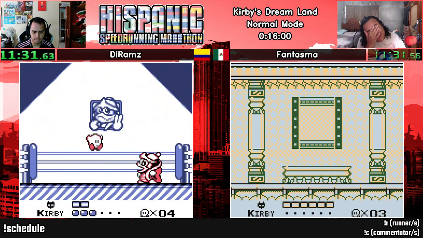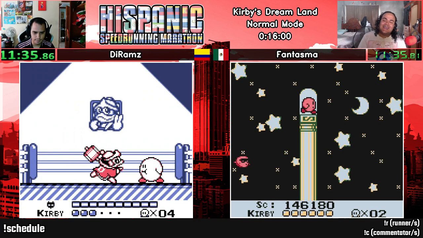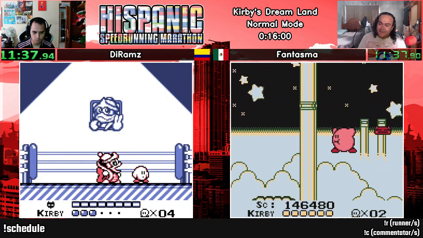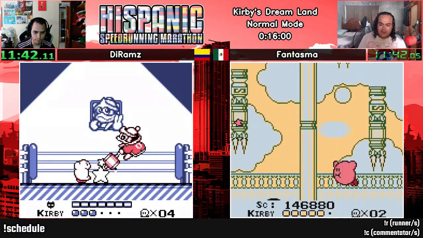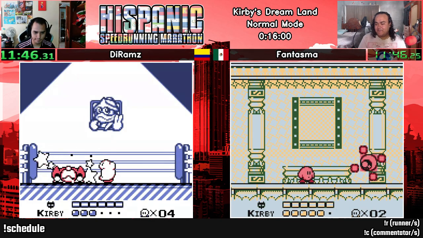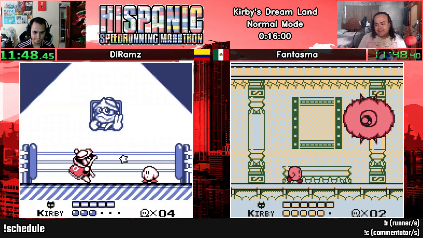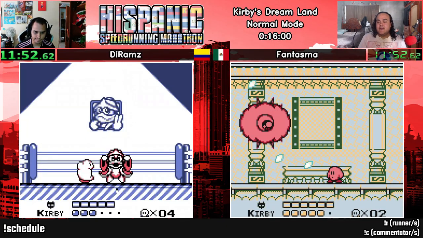Okay. I knew it! So what happened there is that instead of pressing the A button to jump, I pressed the B button, so I got distracted and, 1, 2, 3. That was a pretty dumb death, so...